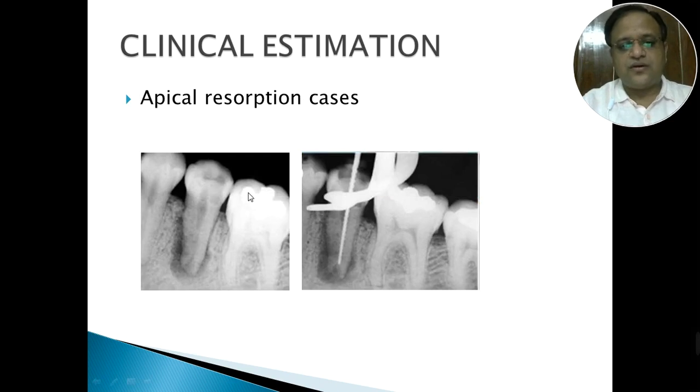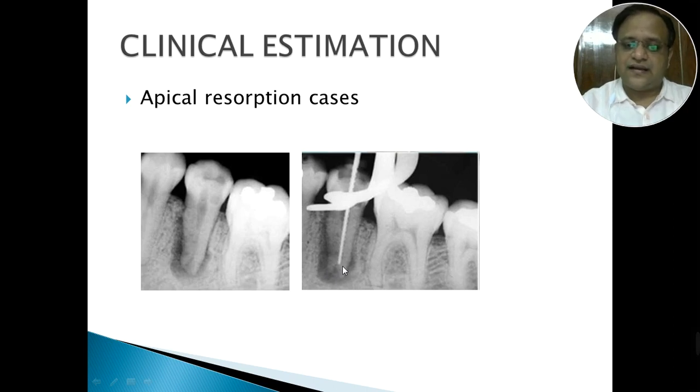Yes, we do come across apical resorption cases, so what all we should do? In apical resorption cases, because of the acidic environment in the periapical area, the entire anatomy of the tooth structure is destroyed, and almost 1 or 2 mm of the area has got osteoclastic activity. Because of this osteoclastic activity, a lot of tissue is there, a lot of pus cells can be there, a lot of necrotic material can be there.